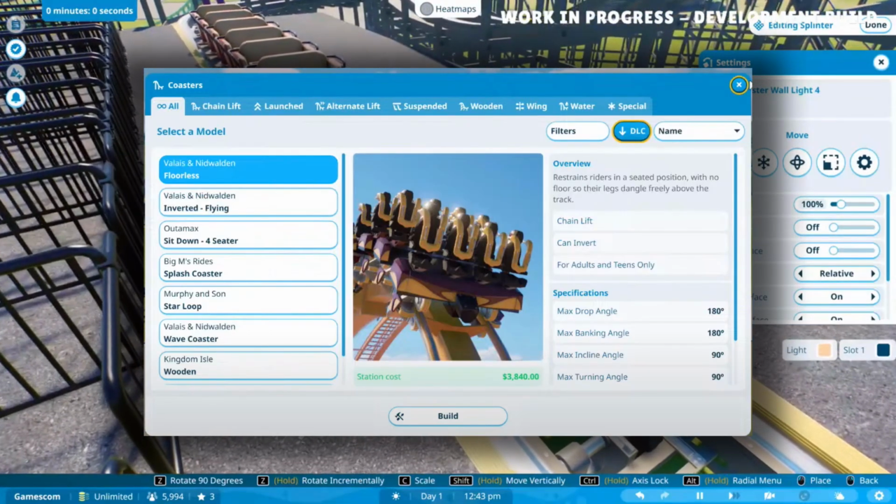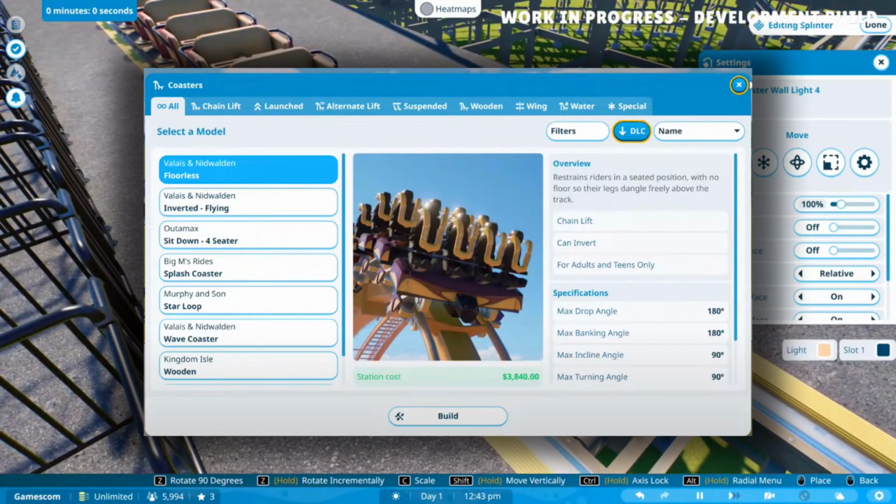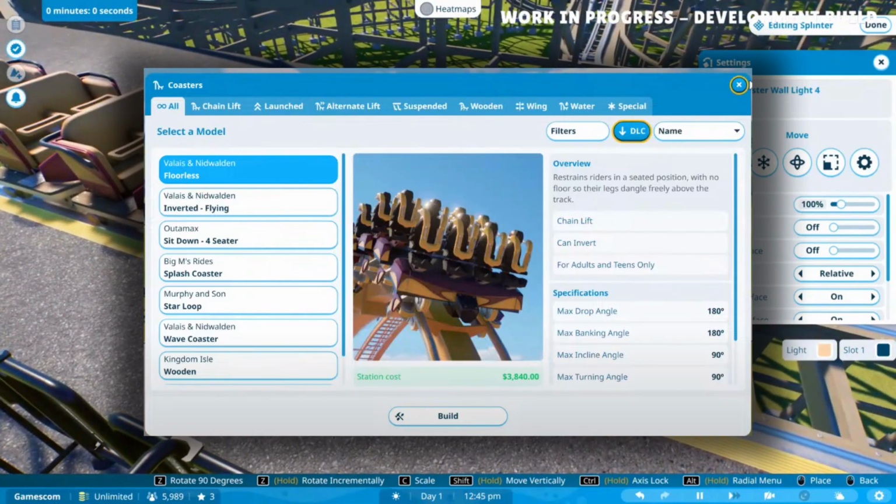entertaining to me, where we have ride manufacturers in the game, and not like real ride manufacturers, but like parody names. And we have like V and N. I'm not even going to try pronouncing the actual wording they have in the game, but there's V and N, which is a play on B&M. There's Outamax, which is a play on Intamin. Big M's Rides is a play on Mac Rides, and etc. So there's a whole bunch of different manufacturers in the game that's being a parody of a real life manufacturer